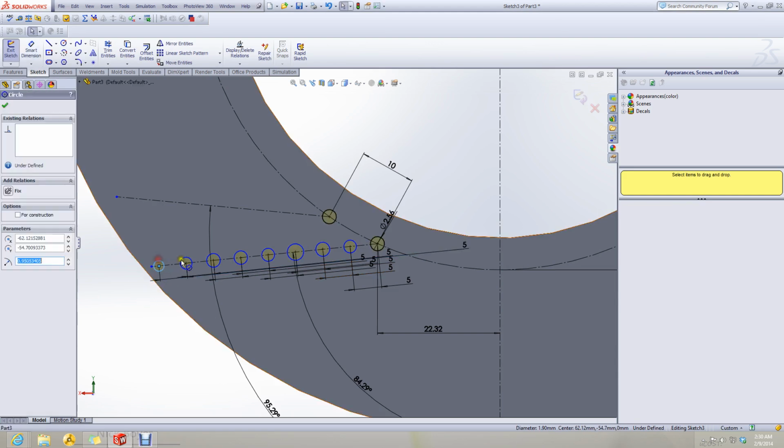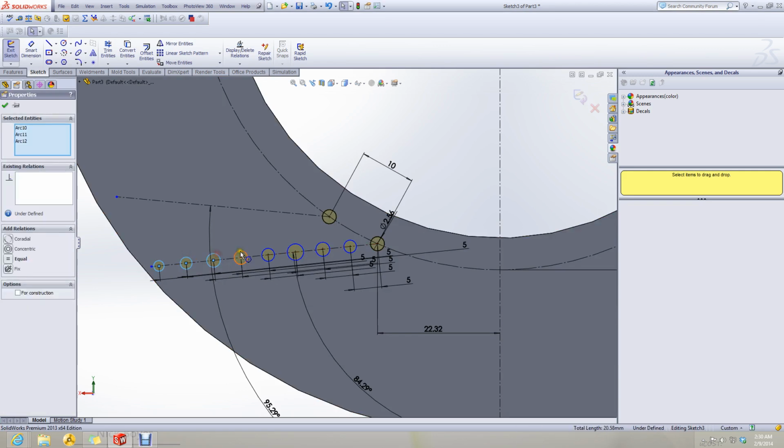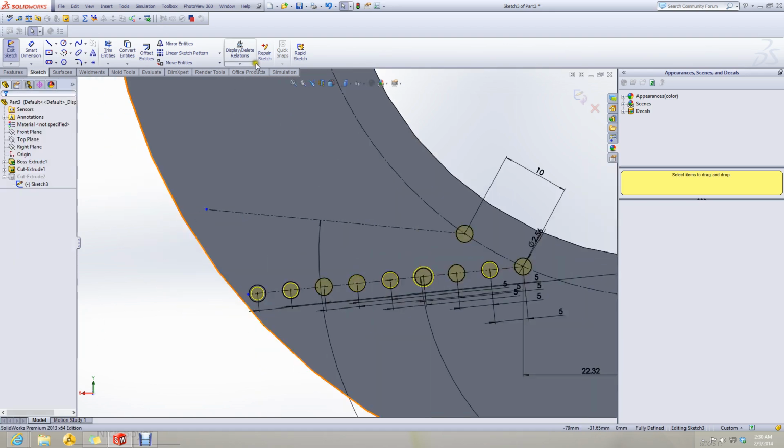Now all circles have equal diameters. I will apply the equal constraint, like so.